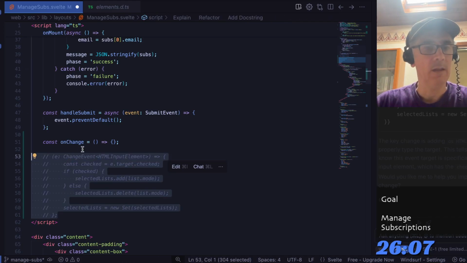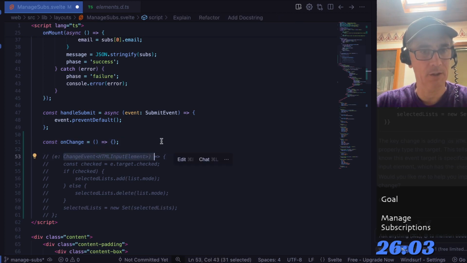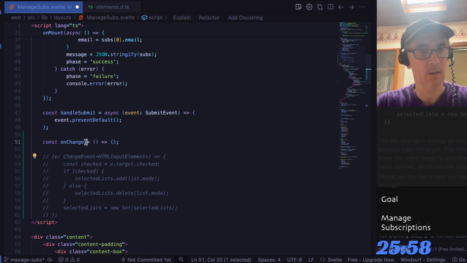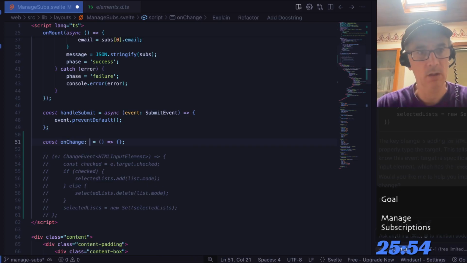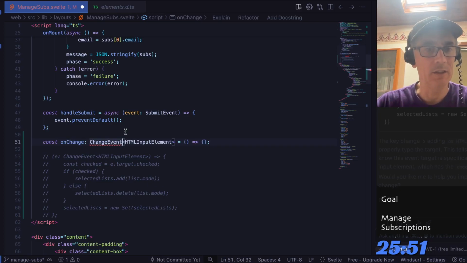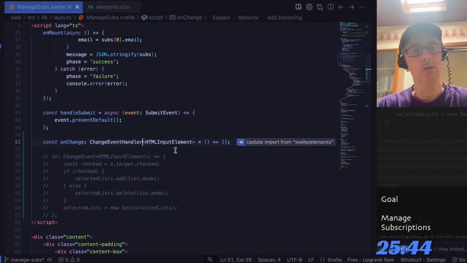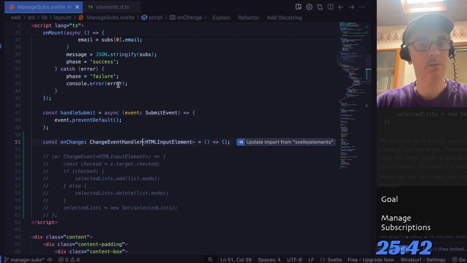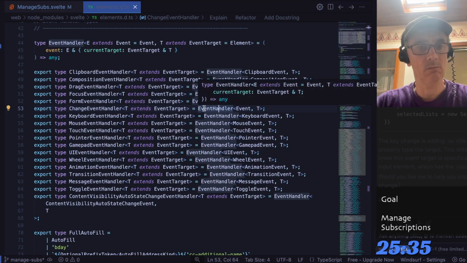Right. And this function should be of type change event handler, not the argument. That's the mistake I was making. But the fact it was all inline there was really confusing. To change event handler. Okay. So that function is defined so